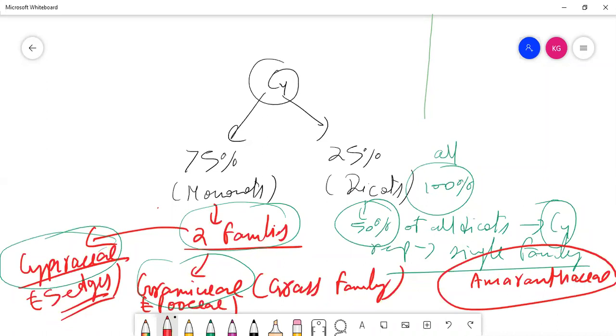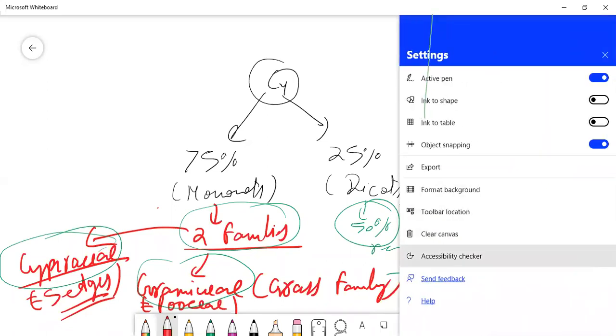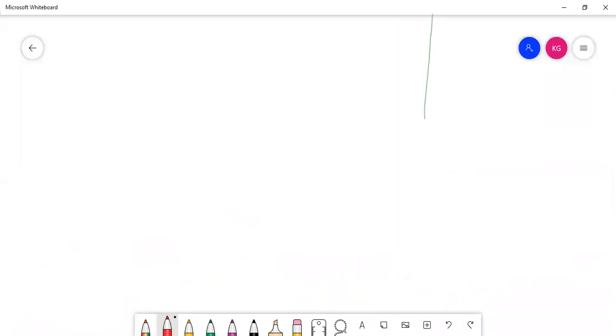That family is Amaranthaceae. Remember this. Okay? So this analysis is important. This you should keep in mind. Is this clear? And some of the common C4 plants are maize,